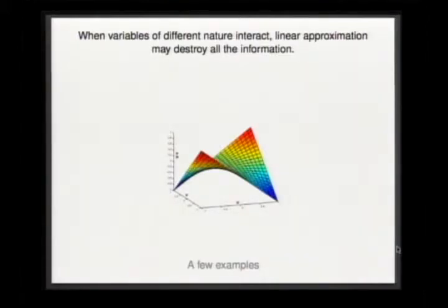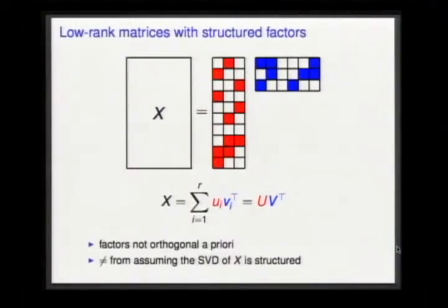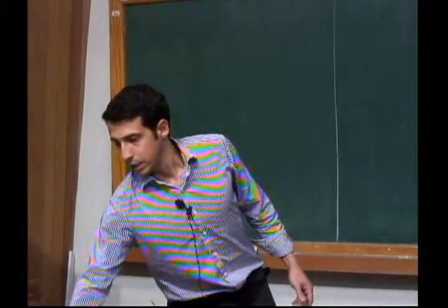So in some cases, it turns out that you have to take into account these kinds of structures that you have in your data. So matrix factorization problems are typically of that sort. It's a problem where your unknown can be written as a matrix, and you're looking for a factorization of that matrix into the product of two matrices which have specific structure on which we have a specific prior knowledge. So these kinds of factorizations, the standard factorizations are like SVD or things like this,